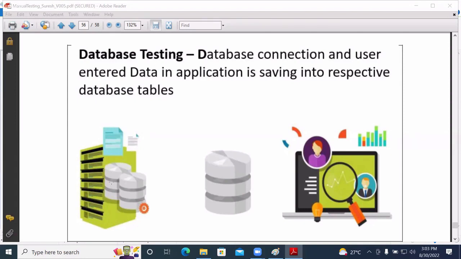As a tester, they will expect knowledge up to the joins concept. In a database, you have joins.